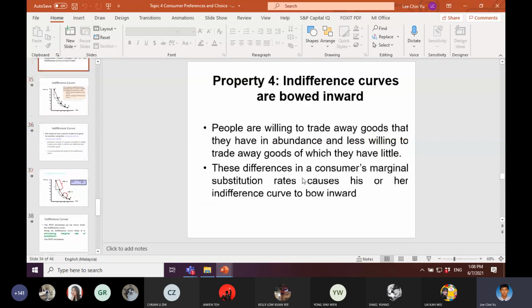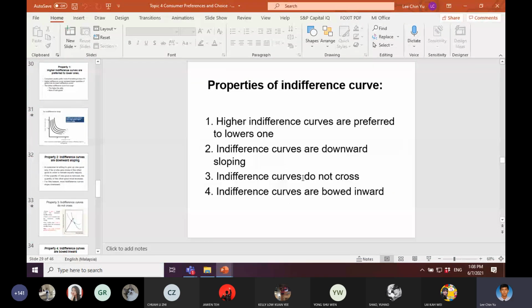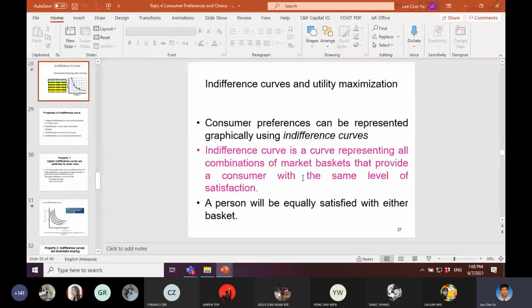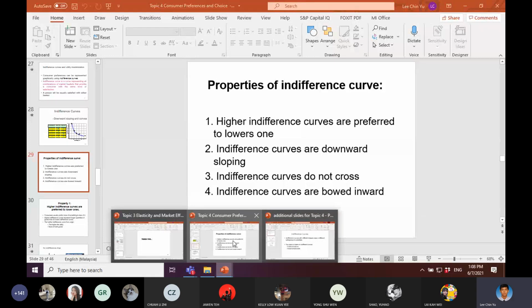So far, we covered the properties of the indifference curve. We know that the indifference curve must be downward sloping, and then it must be convex. And also, we go for the property that higher indifference curves are preferred to lower ones. Downward sloping, and cannot cross. And then indifference curves are bowed inward. Bowed inward, meaning that when you draw the indifference curve,